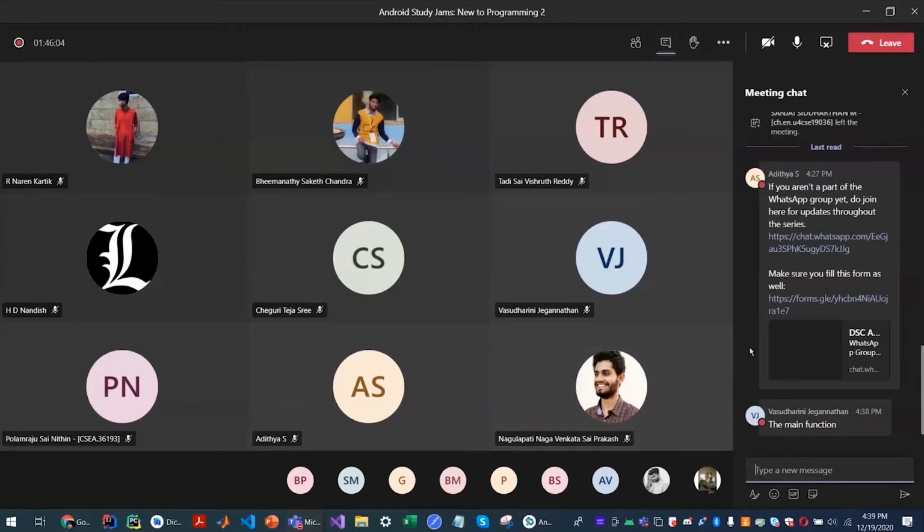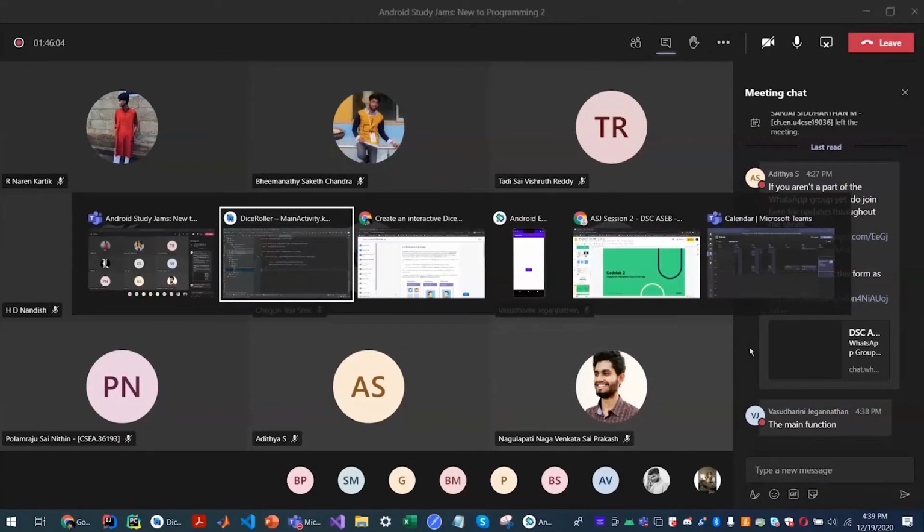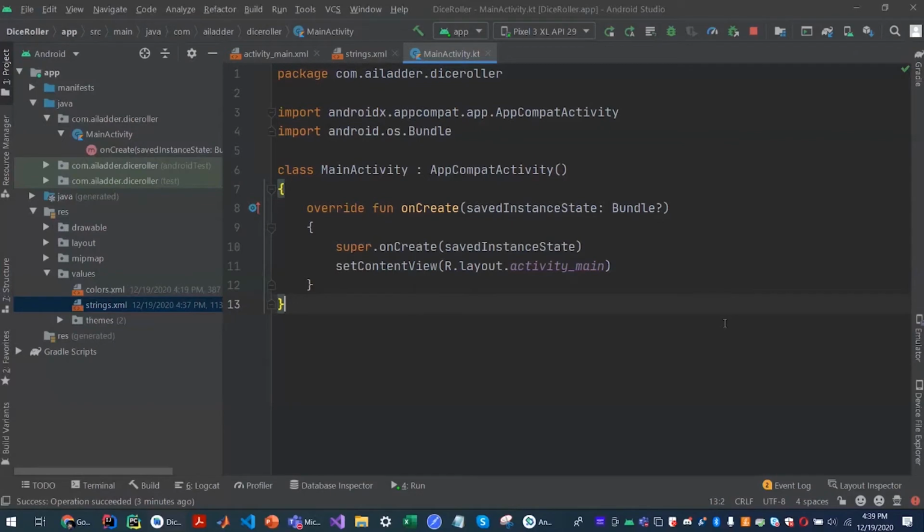The thing is, Android apps run differently. Like how we have the main function as the starting point for our code in Kotlin programs, in Android apps we have a function called onCreate, which basically replaces main. As you can probably guess from the function name, when the app starts up, whatever code is under here gets executed.